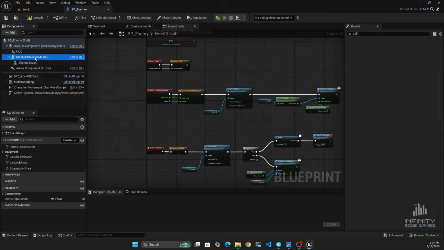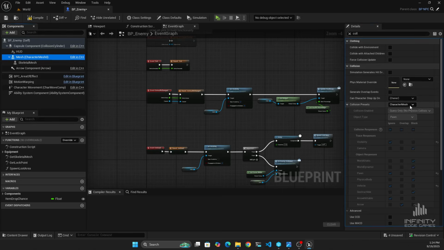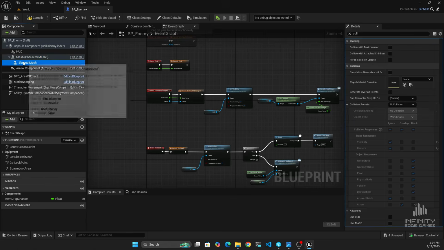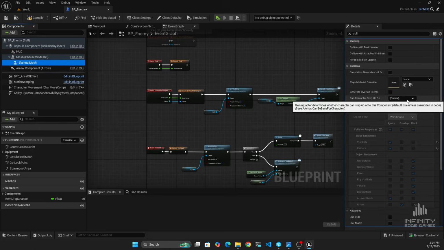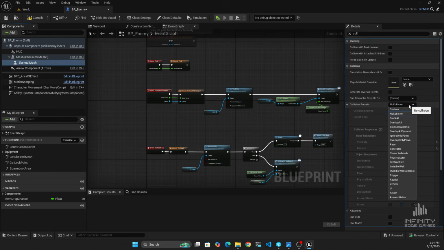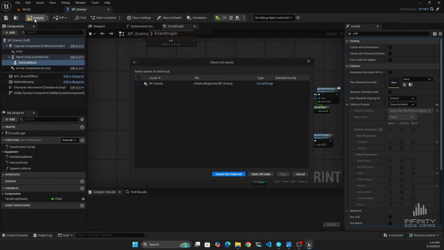Now select the character mesh component and disable its collision. Lastly, select the skeletal mesh component and enable its collision by setting the preset to character mesh. This setup will move collisions with arrows from the capsule component to the actual skeletal mesh that represents our enemy